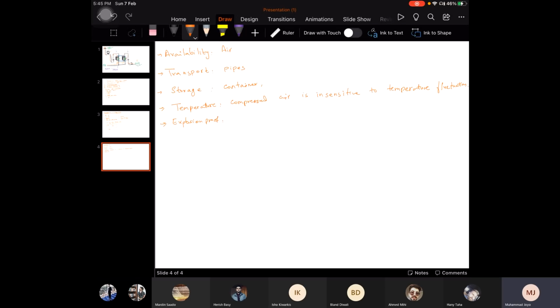So the places where there is a high risk of explosion, this type of compressed gas can be used. All right. The other property is